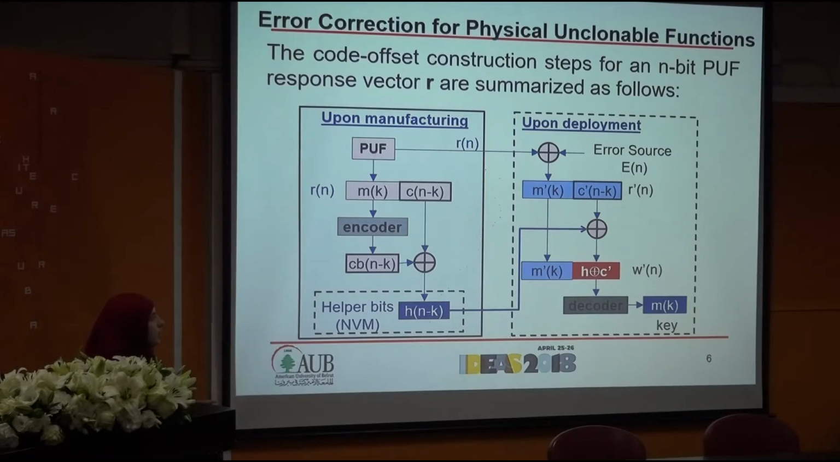In the deployment part, we have a response vector R prime, which is made up of m prime and c prime vectors. Then m prime, in addition to the combined result of H and c prime, are fed into the decoder. The result of the decoder is a k-bit vector m, which is the